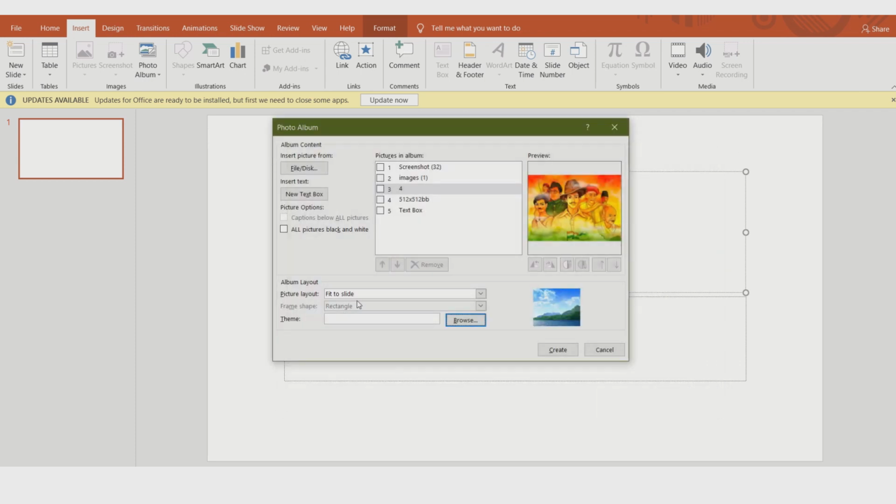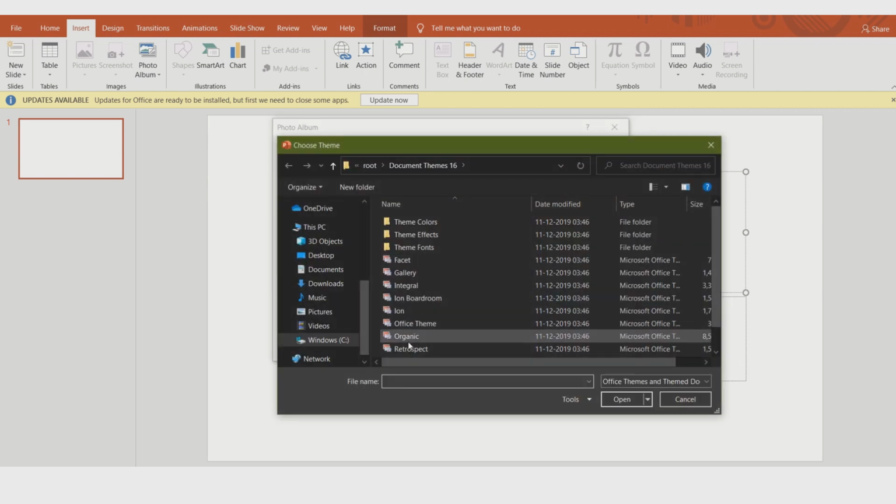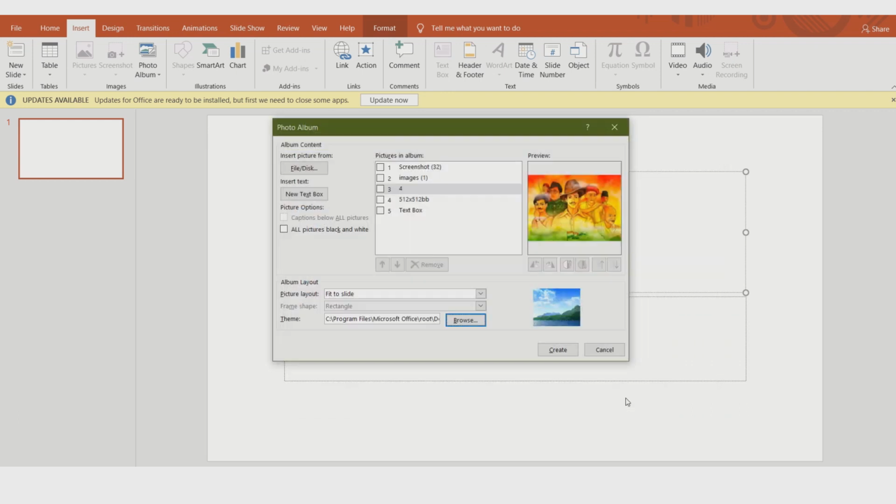See again, theme, then the PowerPoint theme, slide theme. Choose from browse, and suppose I am choosing the gallery, then select. Then the Create option, you have to create the photo album. So we have to click the Create option. Now I am clicking the Create option.